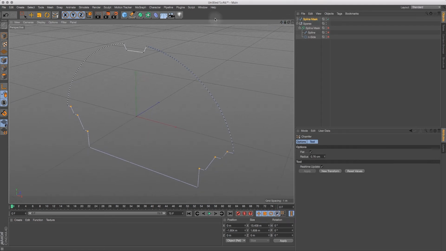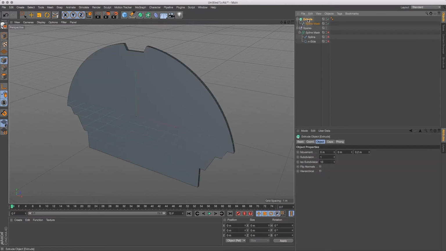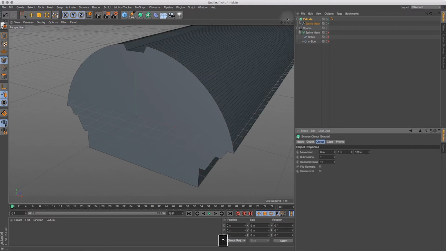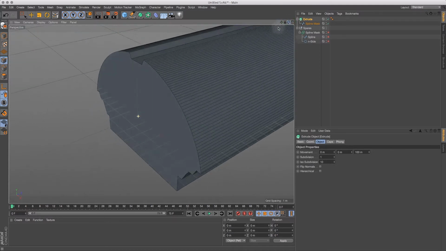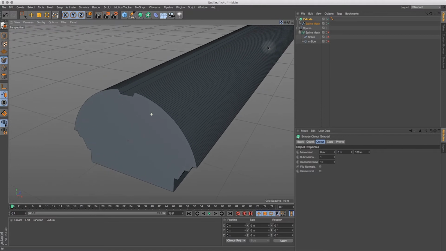I'm just going to place this inside an extrude object. So I'm holding down Alt, clicking on the menu here and selecting extrude, and that places the spline immediately inside the extrude. I'm going to extend this out to, let's go to 100. It's a long way, but I just want to get an idea of what this will look like using a